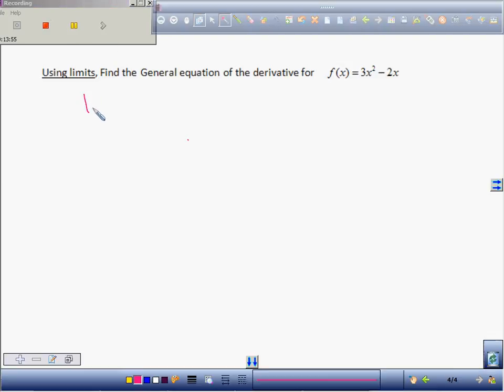So I'm going to take the limit as h goes to 0. Watch this process. I made a mistake this morning when I was doing it myself. Of f of x plus h. So I'm going to go 3, and in here, I'm going to plug in x plus h in for x squared. Minus 2 times, I'm plugging in x plus h in there. That's f of x plus h. Minus f of x, which is just this, 3x squared minus 2x, over